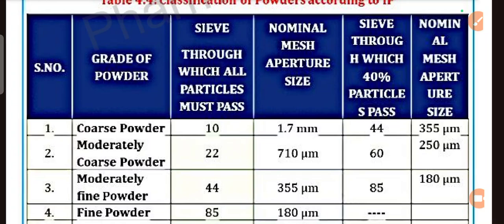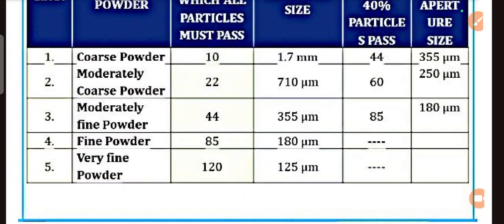Coarse powder, moderately coarse powder, sieve number 10 to 22. The nominal mesh aperture size is 1.7 mm, 710 micrometer, or sieve through which 40% particles pass. Moderately fine powder 44, 355, 85, 180, and fine powder 85, 180, same number, and very fine powder